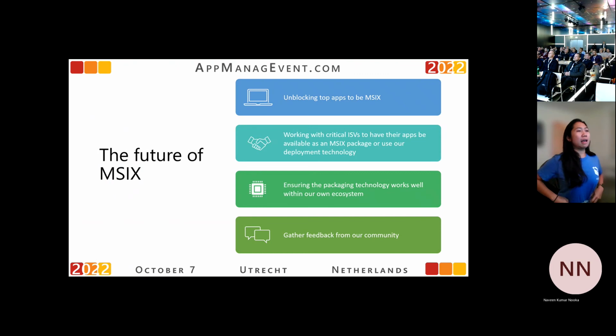And with that, I want to end with this closing slide. We're moving forward with MSIX, and we're constantly looking at features that will unblock top apps to be MSIX packaged, whether that's from the enterprise as well as the developers. We're working with critical ISVs to have their apps already be available as MSIX packages, so that the need to be repackaged is minimal.